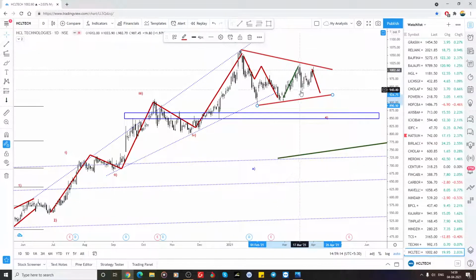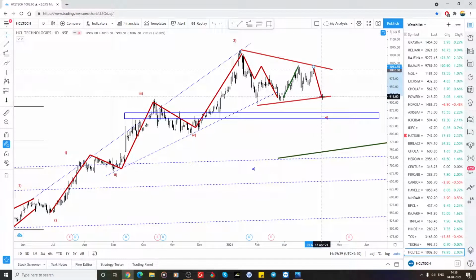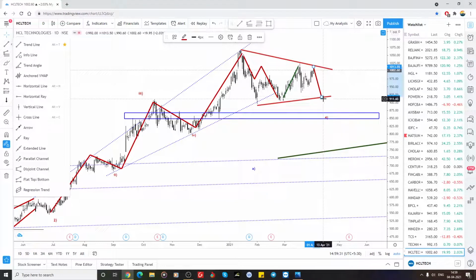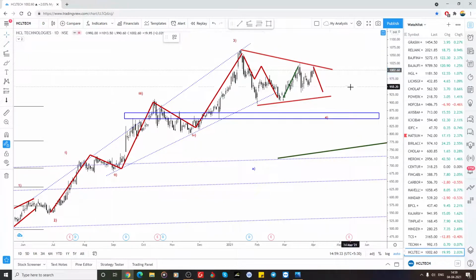After that, this is a one impulsive wave. So after that, here is also a three-wave structure. After that, I'm expecting this kind of move to the downside. So once it doesn't break the low, and from here if it retests this channel, and then again if it bounces, we can consider that a triangle is forming here.